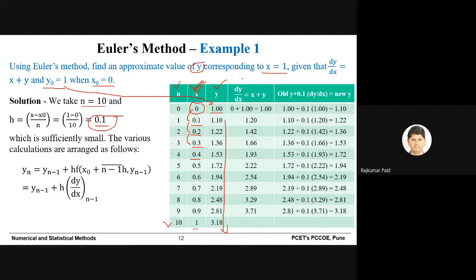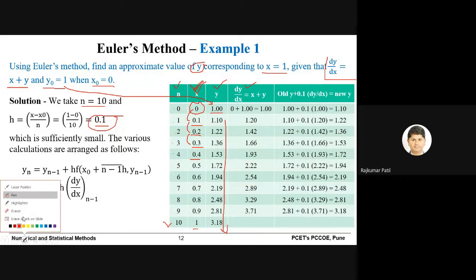Then we have the given equation dy by dx is equal to x plus y. So that we will put in column number 4.